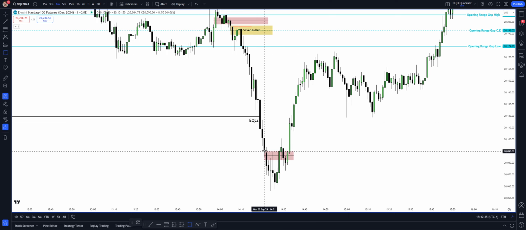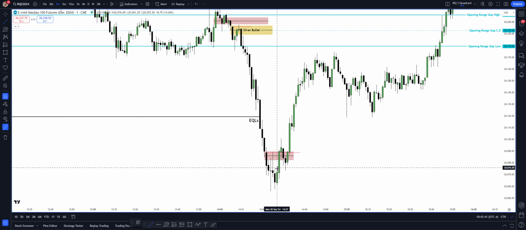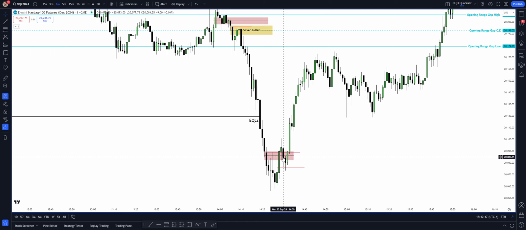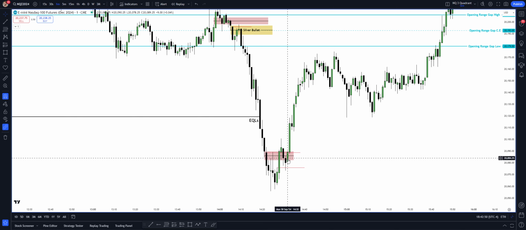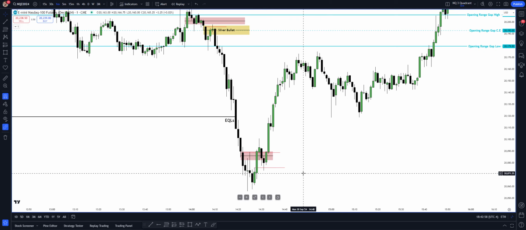We have now a BPR. So this area is a BPR basically. Market came down, went up to the emerging fair value gap, and the emerging fair value gap supported price for higher pricing. Now at this point, because there is a displacement, I could anticipate equal highs getting touched, but I would personally wait for a second double confirmation,